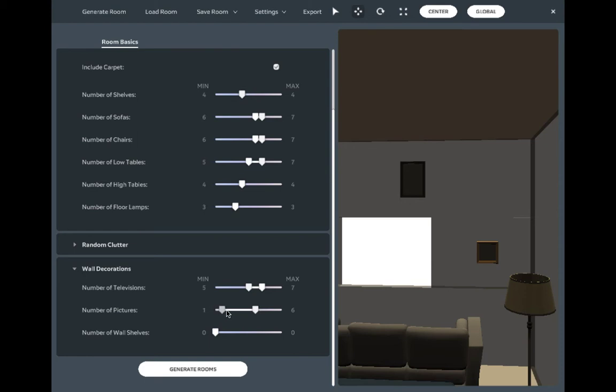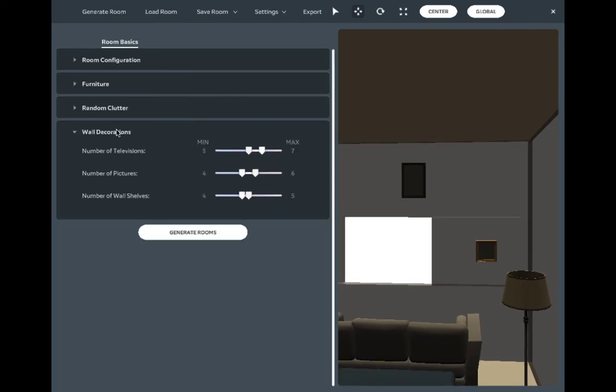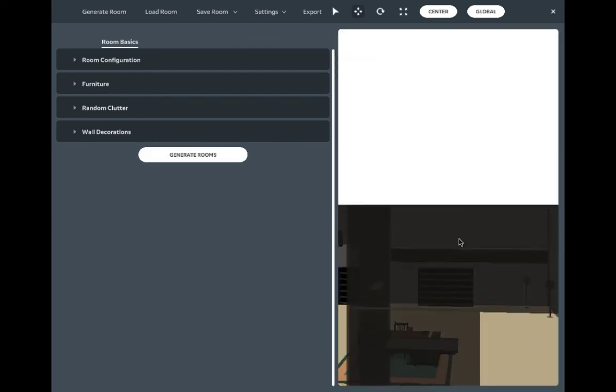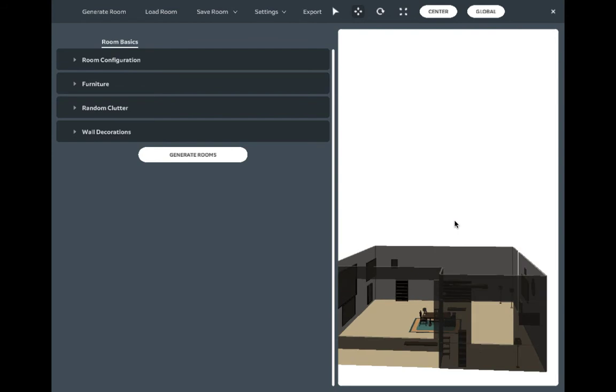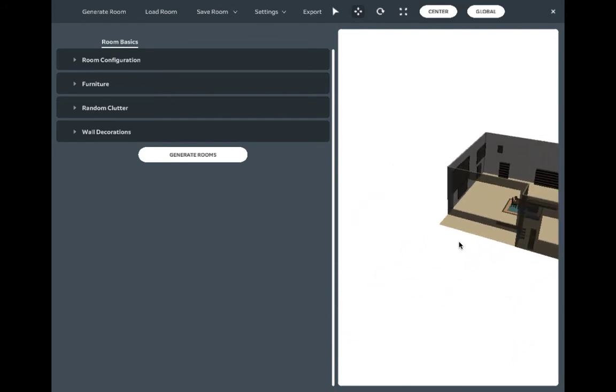Number of pictures on the walls, let's say minimum it would be 4. Now, number of wall shelves, let's say, do I really want any shelves? Yeah, lamp. And when you're done with this configuration, like this property, you can just click on generate rooms. And you can see if I move and scroll my mouse up, you can see that it created a big